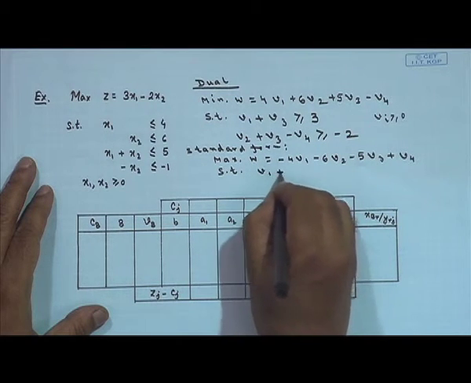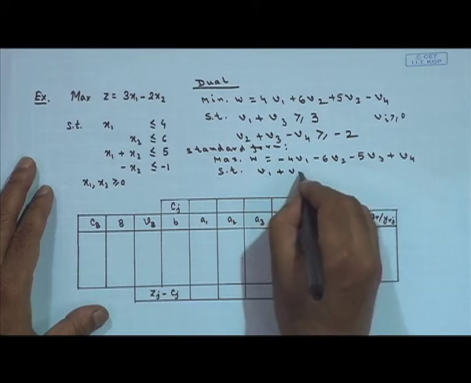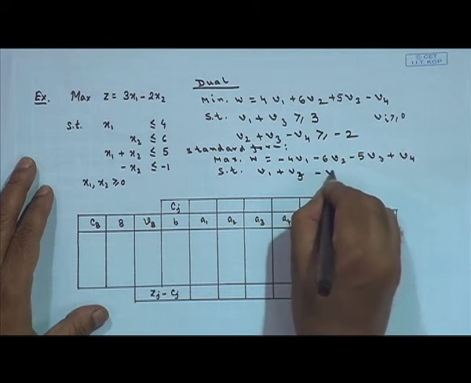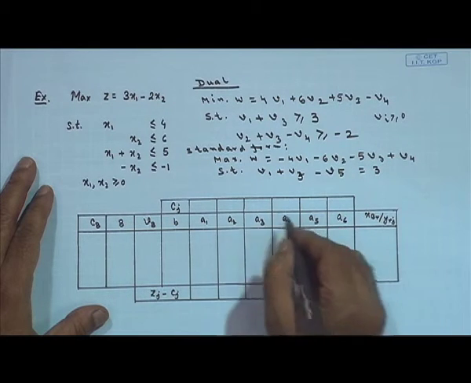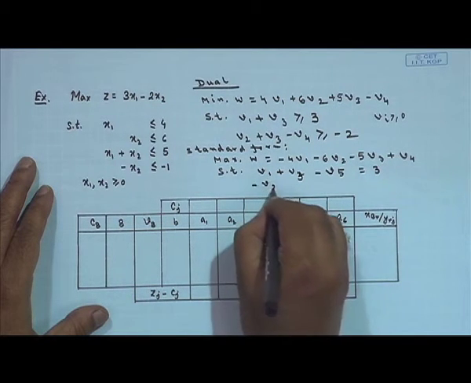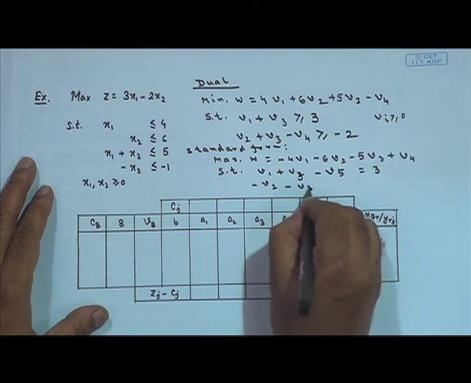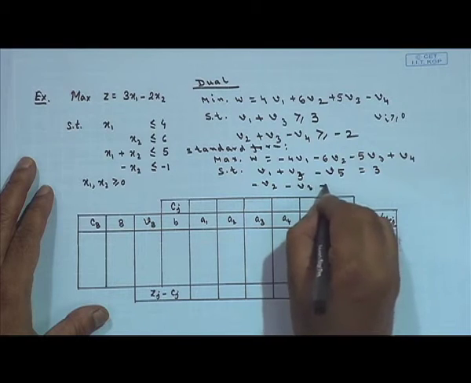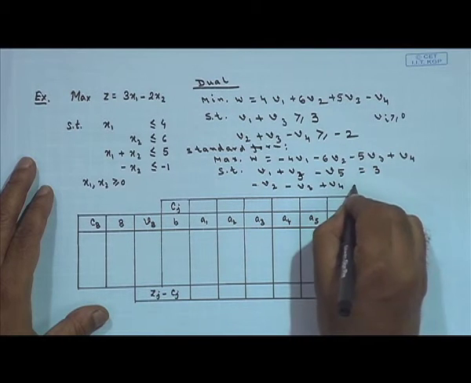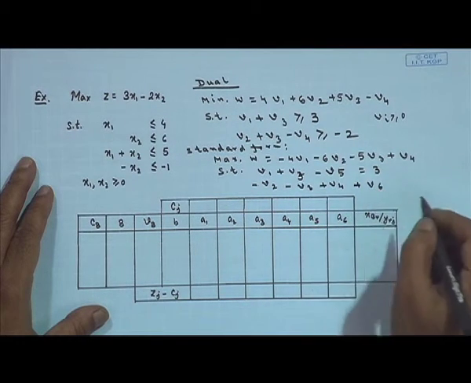So V1 plus V3 minus V5 equals 3, and minus V1 minus V2 minus V3 plus V4, and the slack variable plus V6,